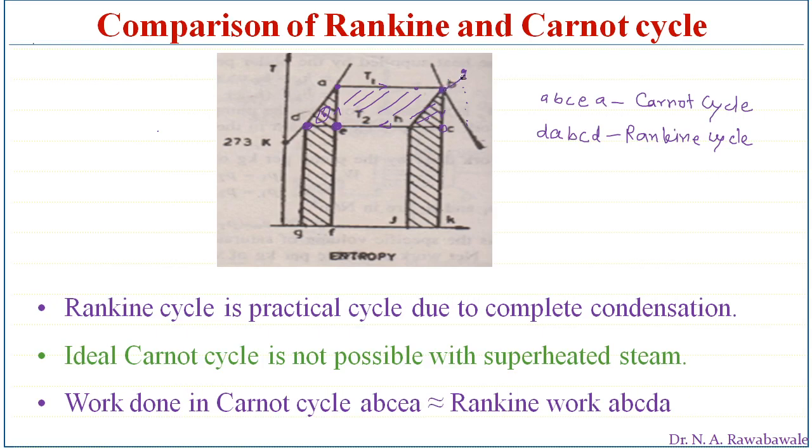If we heat it, then we cannot call that cycle an ideal Carnot cycle. An ideal Carnot cycle is nothing but heat supplied at constant temperature. So here heat is supplied at constant pressure. After this the temperature is not going to remain constant, so the definition of the Carnot cycle gets violated. Heat is not supplied at constant temperature, that is, heat supplied is not as per the isothermal law. Therefore it violates the definition of the Carnot cycle. In the case of an ideal Carnot cycle, it is impossible to heat this steam in a superheated region.